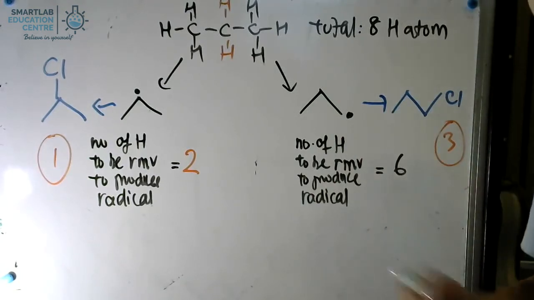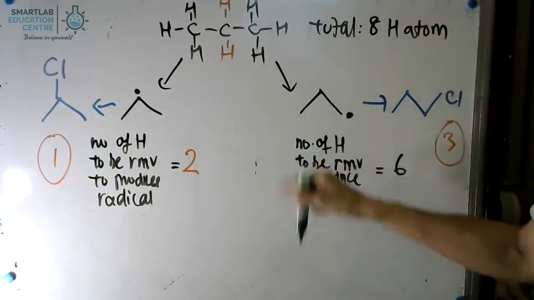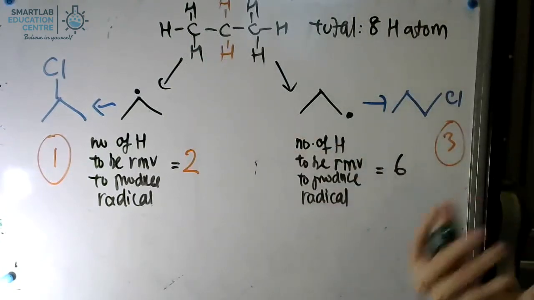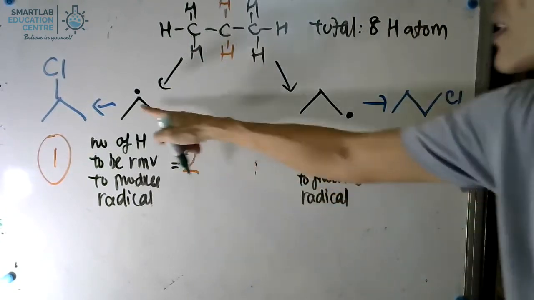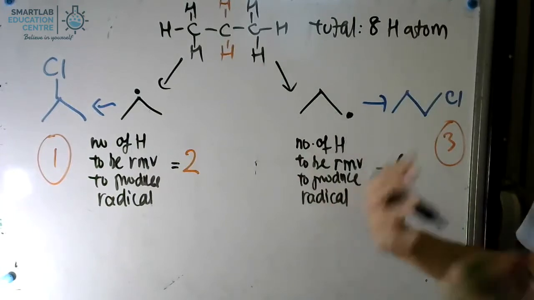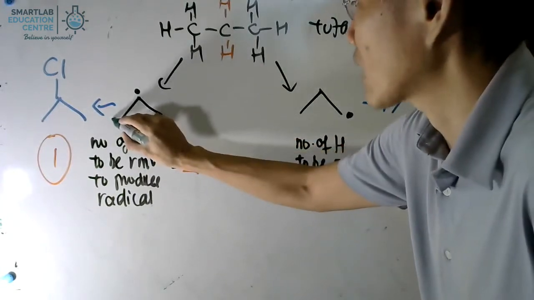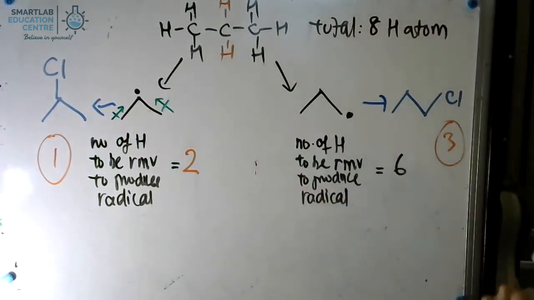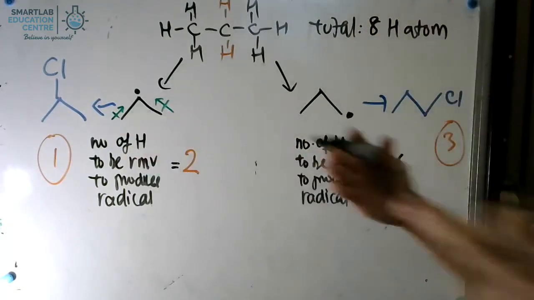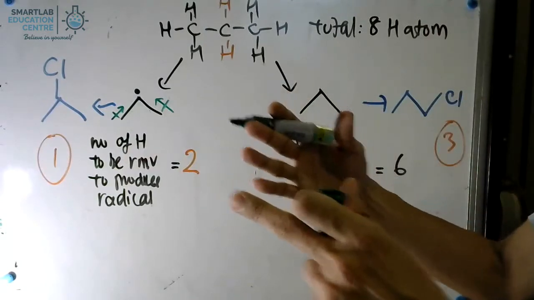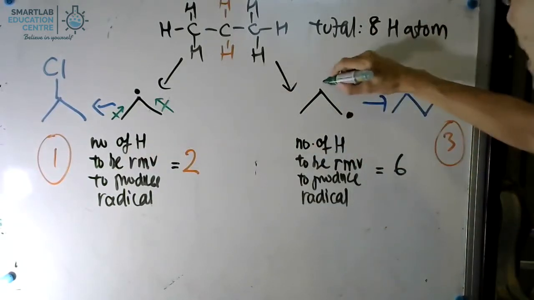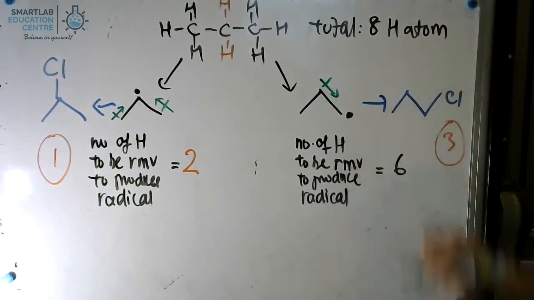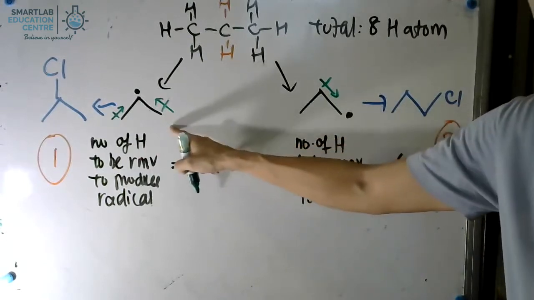The other factor to study is the stability of the radical that's produced between these two. You realize that a radical, after all, is electron deficient. So this carbon will be looking for electrons to be given to it. Given the fact that it has two alkyl groups, and understanding that alkyl groups are electron releasing, you will find that this radical is more stable because it has two alkyl groups releasing electrons to the carbon radical. Whereas in this case, there's only one alkyl group releasing electrons to the carbon radical. Hence, because of this, this is expected to be more stable.